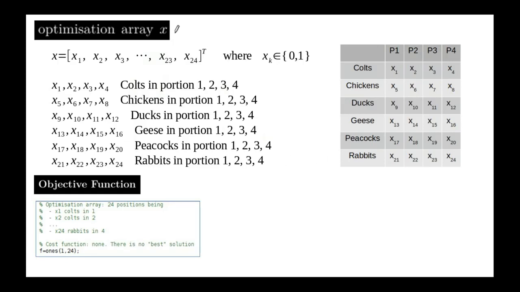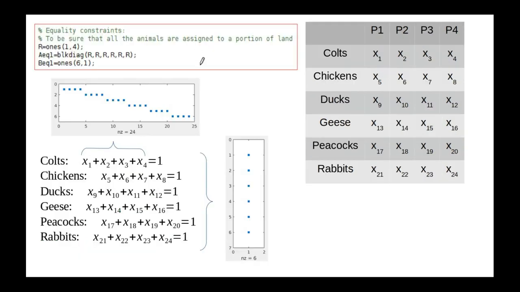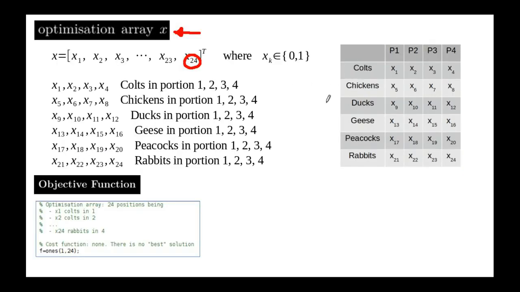So first of all, we will define the optimization array. It will have 24 elements. Why? Because we have 6 animal species and 4 candidates for the portions of land. So the meaning for every element in X, as you can see, X is a column array, is the following. The first 4 elements belong to cows, and the first one means